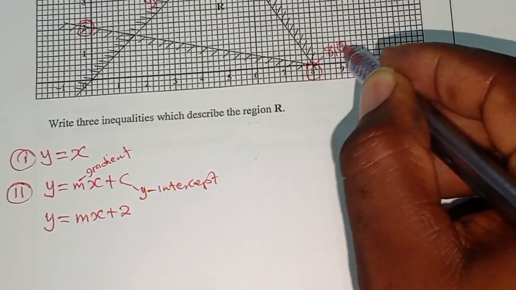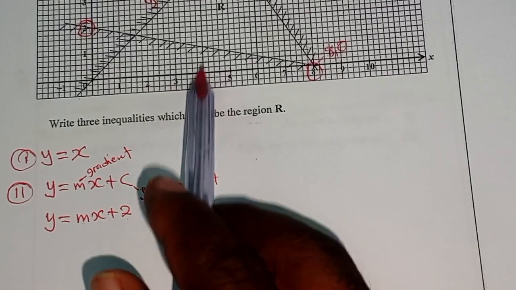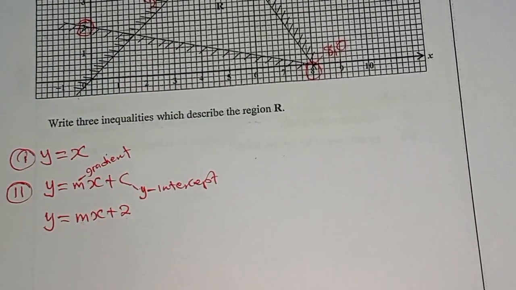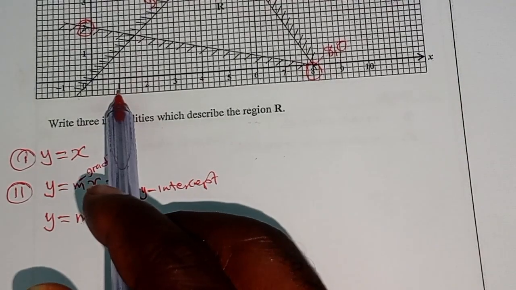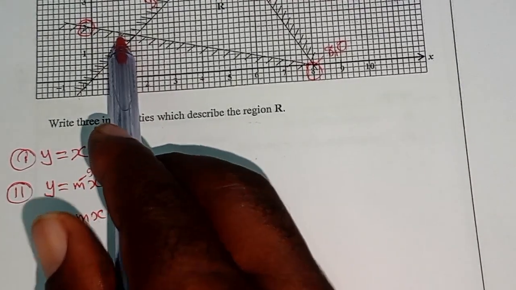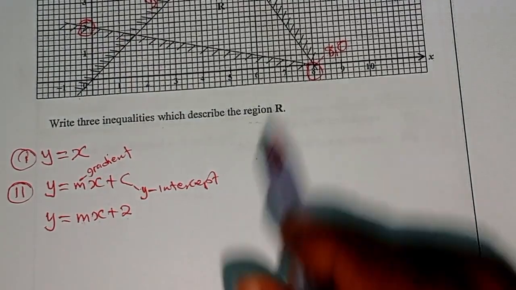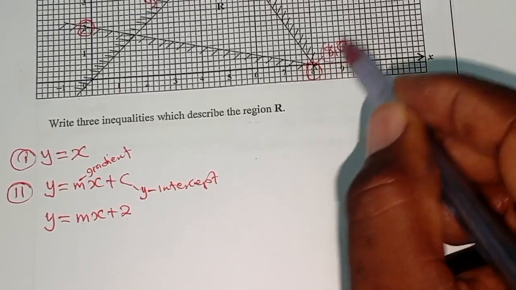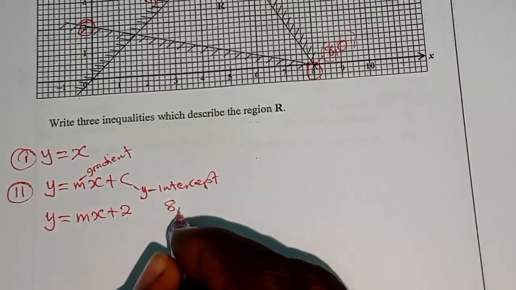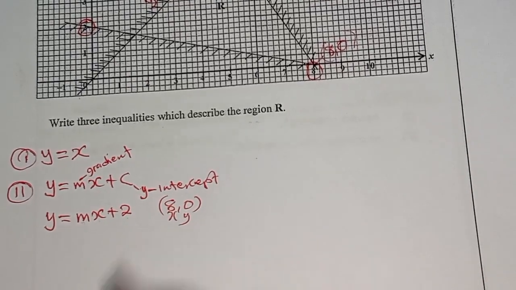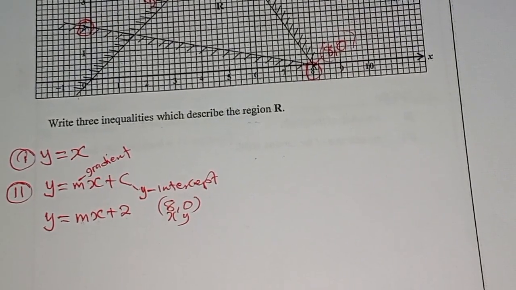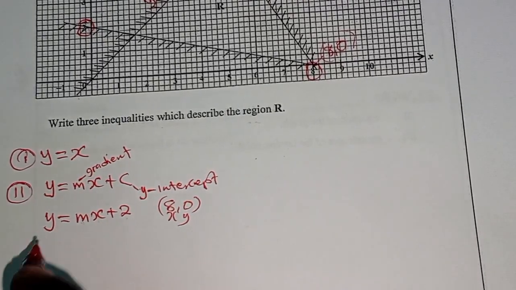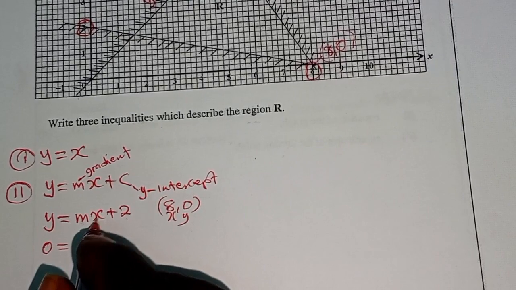8, 0. If I want, I can pick 4, 1. If I want, I can pick 3, 1.2. If I want, I can pick 1, 1.8. So I'll pick this 8, 0. So this is x, this is y. So I'm going to substitute. Where there is x, I'll substitute 8. Where there is y, I'll substitute 0. So it's going to be